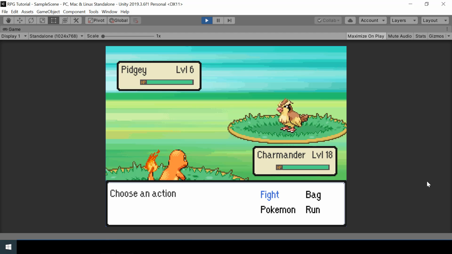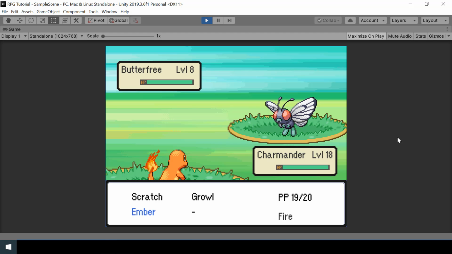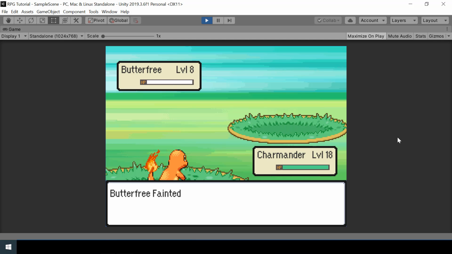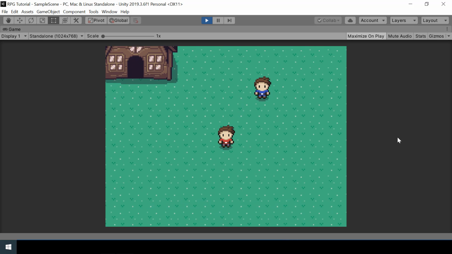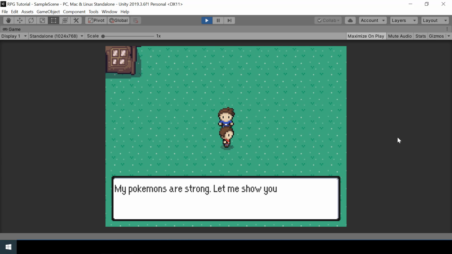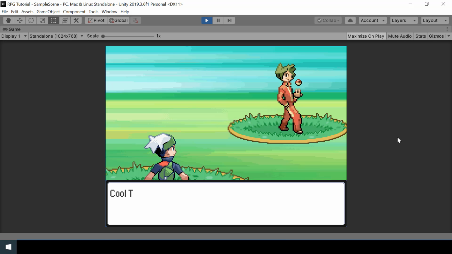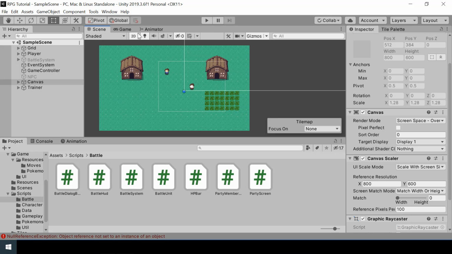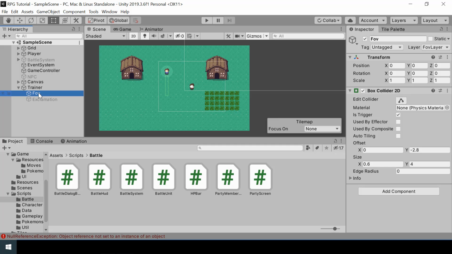So next, let's fix another issue that we have. So if we defeat the trainer in the battle, and then if we step in front of him once again, you can see that again he will challenge us for a battle. Alright, so we need to fix this. So what we can do is when the trainer loses a battle, we can simply disable the FOV game object